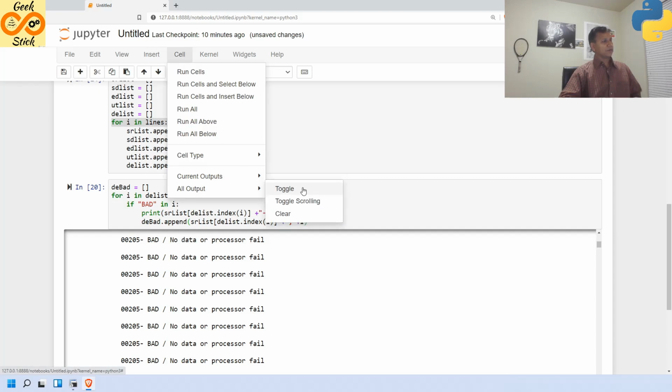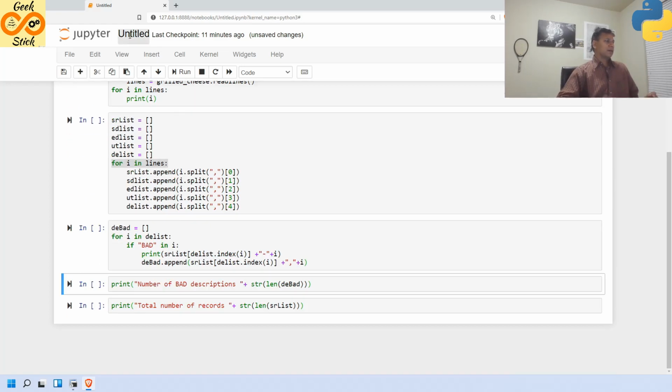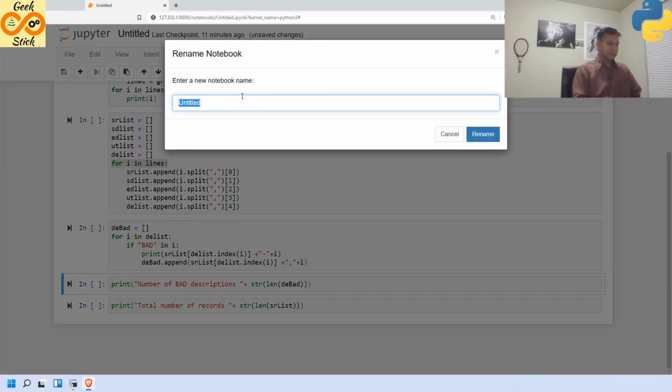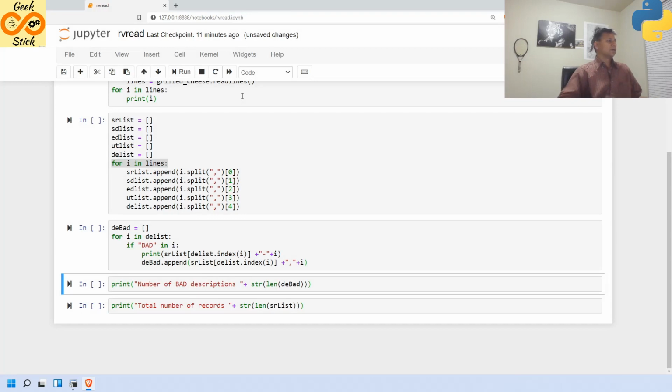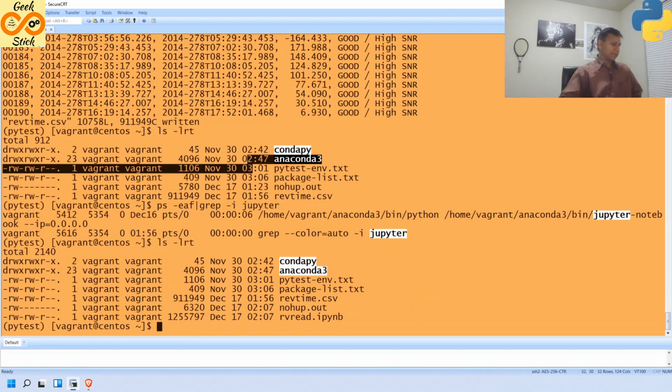Now I am going over here and clearing up everything. So this is the actual program now. Here I'm converting it into RV read. Now how will it get stored? Either I can go over here and check, okay, it is stored as RV read dot ipynb.